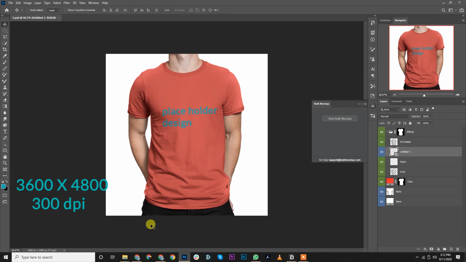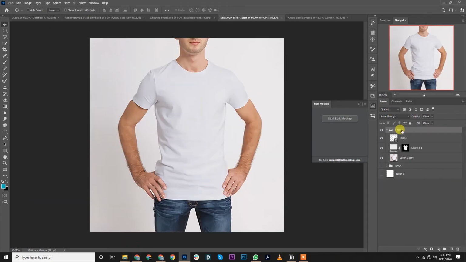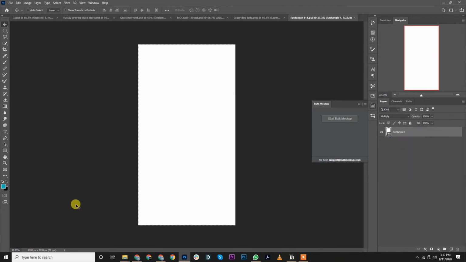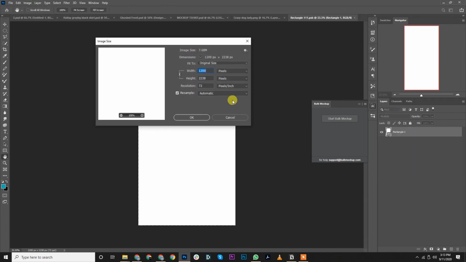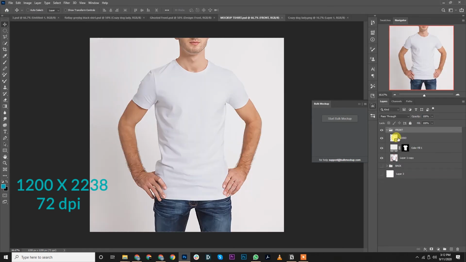Let us open other mockup templates and see. For this mockup template, the smart object size is 1200 by 2238 and 72 dpi. So for generating mockups for this mockup template, our design needs to be resized to this size.